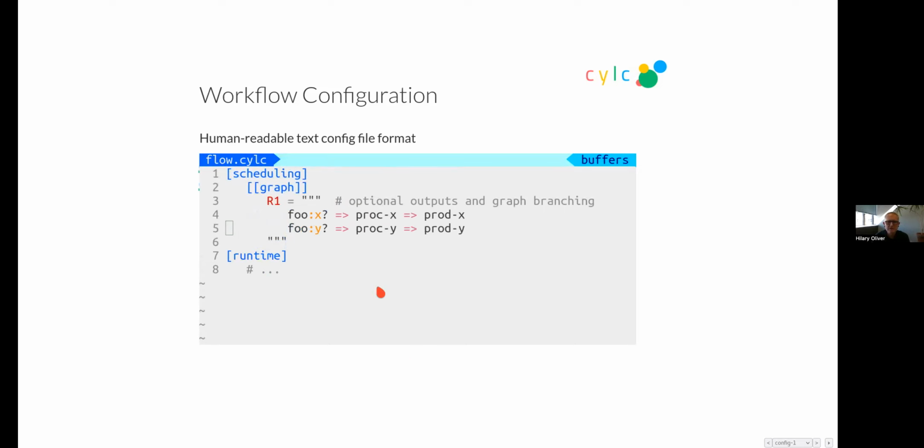And optional graph branching. So this says the task foo can generate the output X or the output Y, but doesn't have to. If it does generate output X, we follow this path down the graph. Otherwise, if it generates output Y, we follow this path.